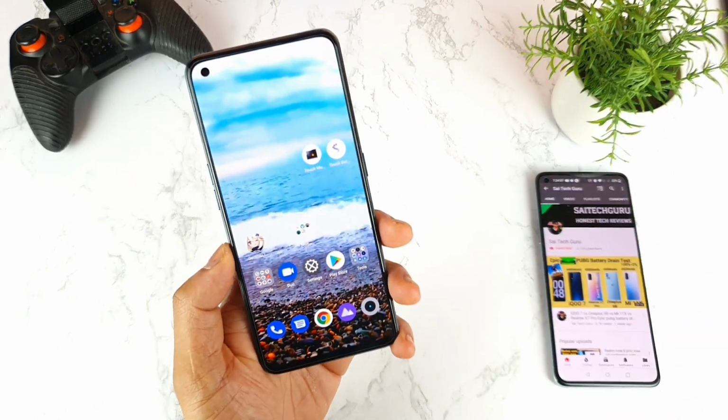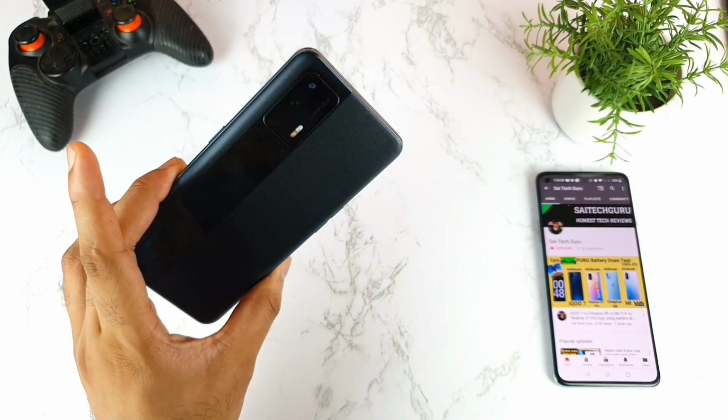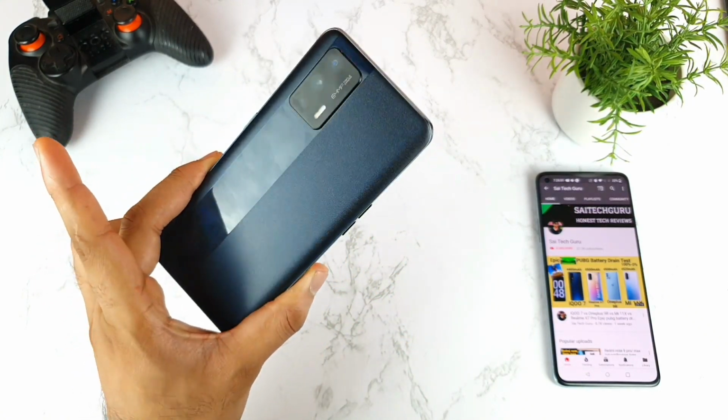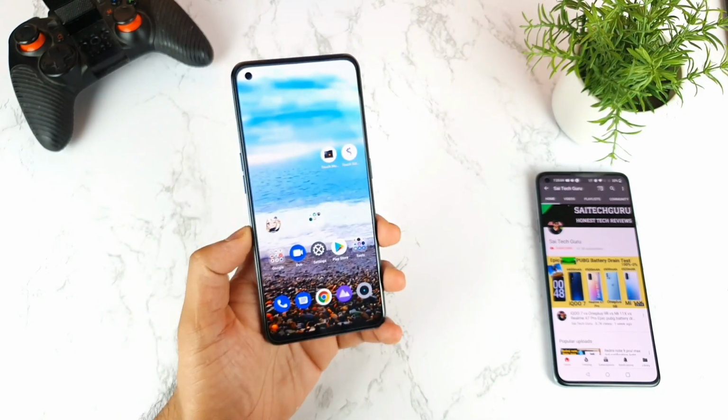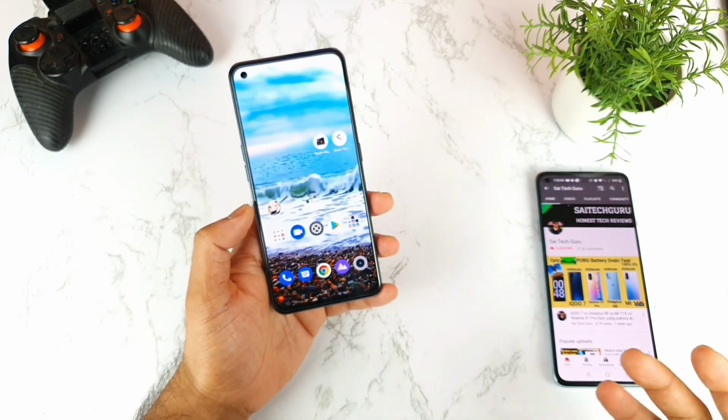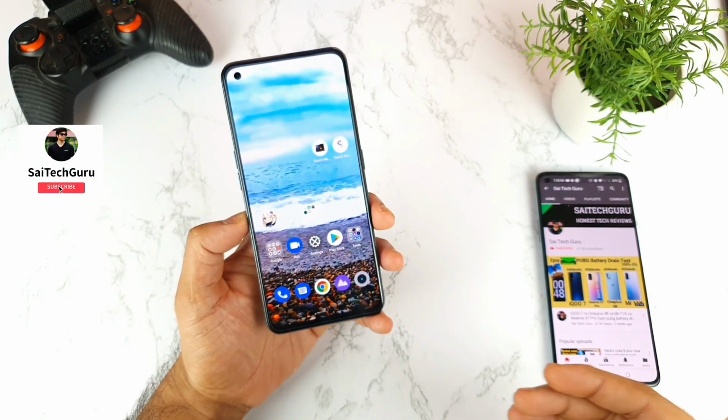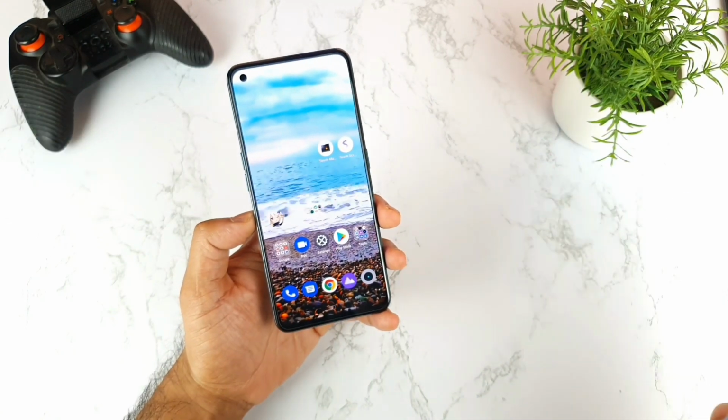In today's video, I'll try to do the green tint test on the Realme X On Max 2. As you can see, friends, recently I've been experiencing a couple of green tint problems with the previous models which I did order. So let's see whether the green tint problem is actually there in the Realme X On Max or not.